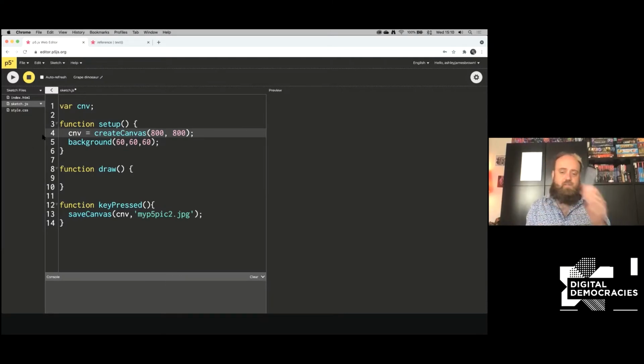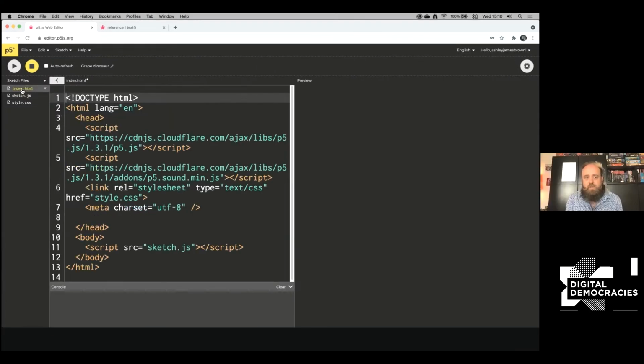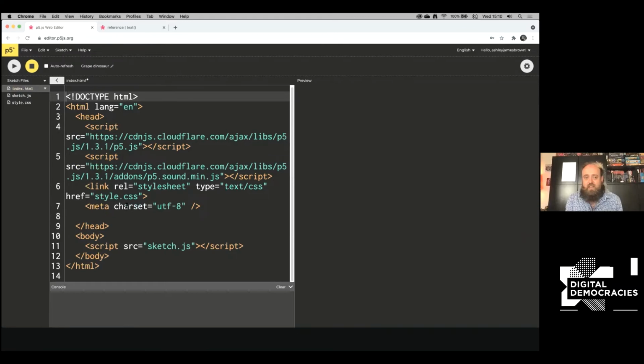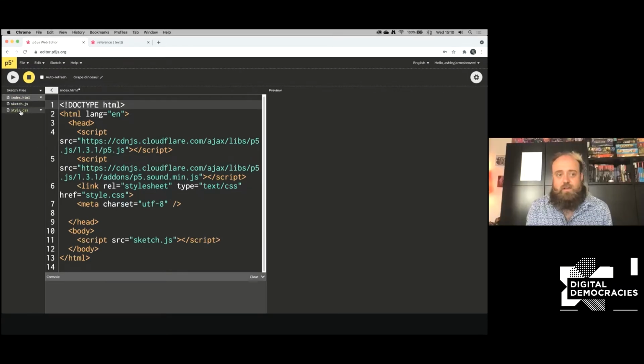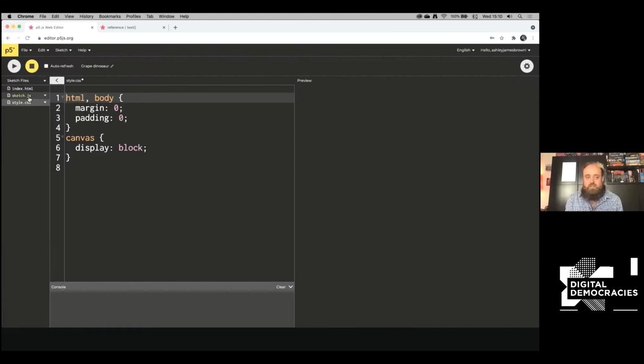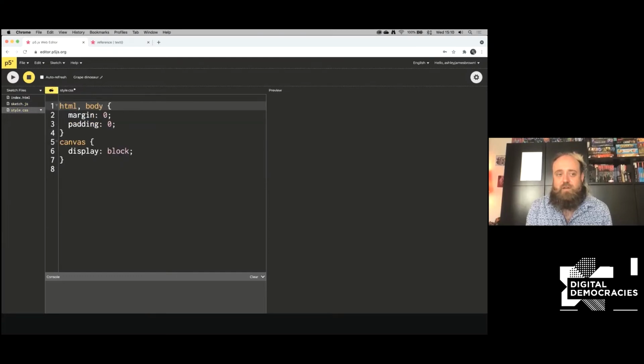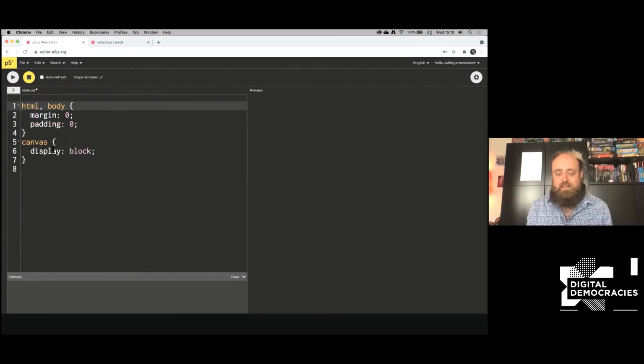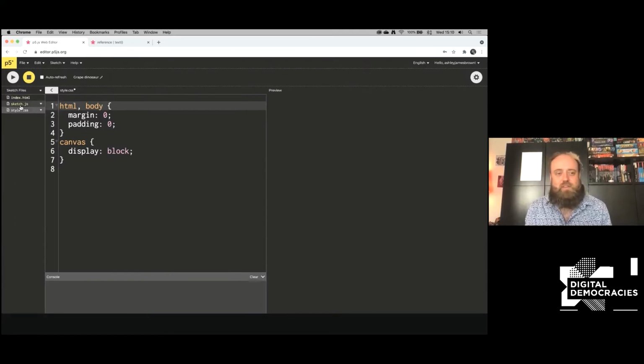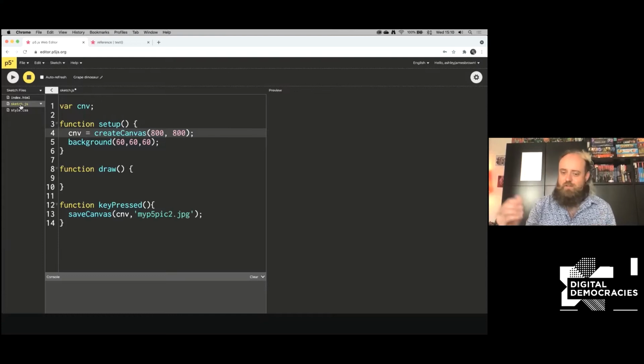This editor does all of those bits for you, but if you're curious, you can have a little peek and see the HTML code. You can also take a look at the style sheet as well, if you so wish. But the main one we want to make sure we're on is sketch.js. So make sure that you don't click on the style sheet and come back and then start to type your code in here, because it's not going to work. So we'll make sure we're in the .js, short for JavaScript, which is our code. Anyway, while we're here, this is where we're able to